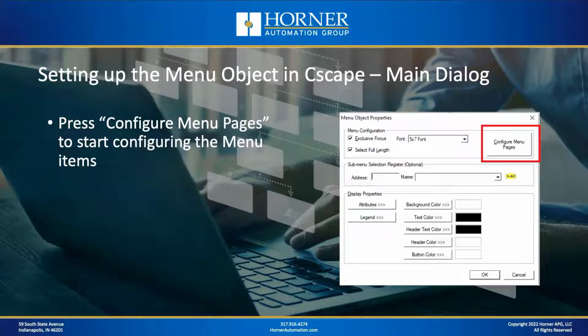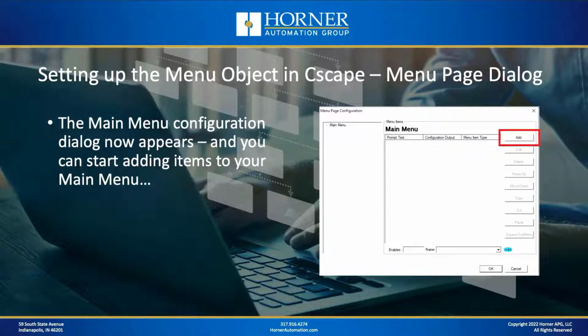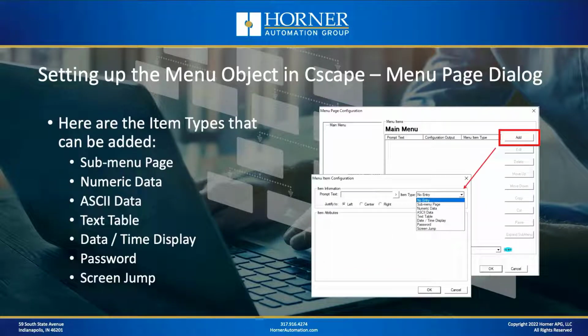Now once you've set those few parameters, then you're pretty much ready to go. And then the majority of the task is going to be spent configuring your menu pages, and you do that by pressing the button in the upper right hand corner, and then you just start adding items to your main menu. So we're looking at the main page, the main menu page dialog here. Now you start off with a blank slate, and you just need to hit the add button to start adding items to your menu. Okay, and there's a variety of items you can add, and they're shown here on the